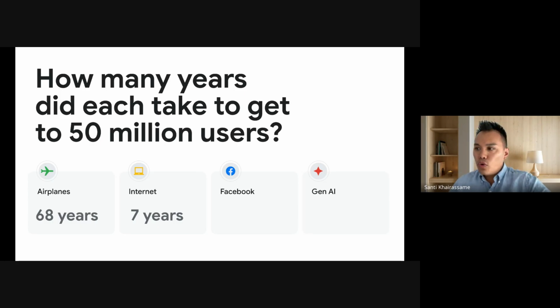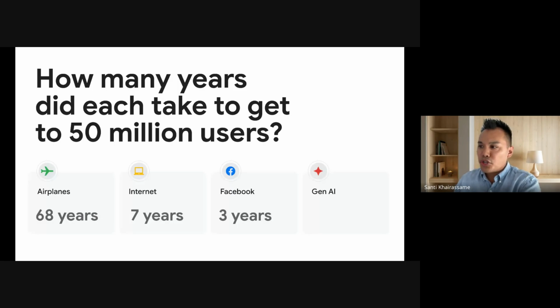Facebook. Who remembers getting a Facebook account back in 2005, 2006, when it was thefacebook and it was just for college students? How long did it take Facebook to reach 50 million users? 5 years, 3 years, 2 years. Let's see how quickly Facebook rose to 50 million users. 3 years. Alana, nice guess. Alexandra, nice guess. 3 years.